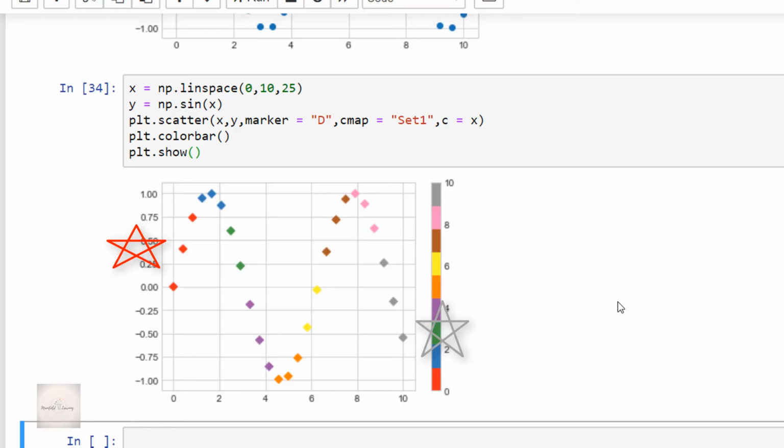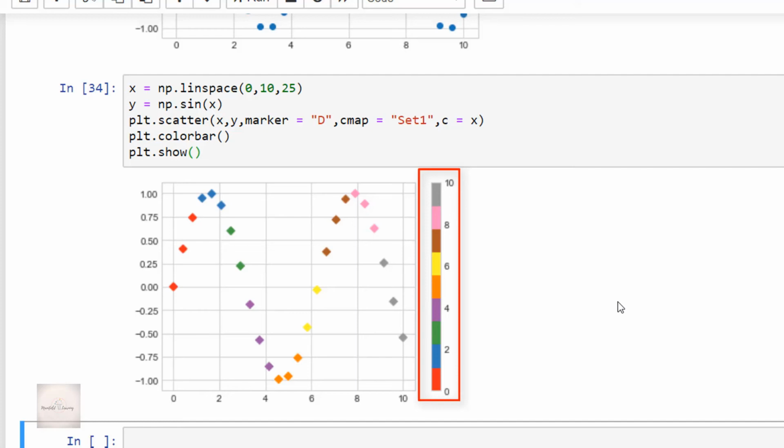Great. So guys, this is the color bar. I told you, we have mentioned something in our code like plt.colorbar. Yes, for this thing only we have mentioned it that way, and this is called the color bar. And from this color bar, we can get the information on how the values of X are linked to the colors in our color map.